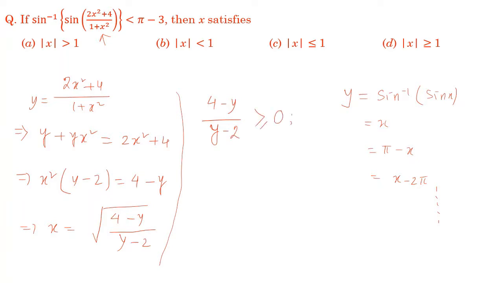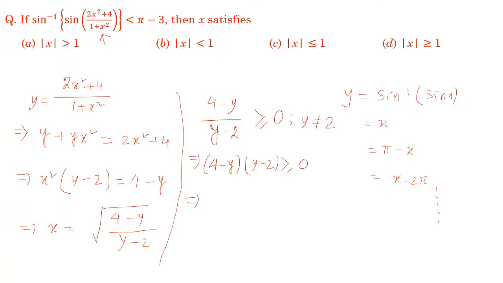Since y minus 2 is the denominator, y cannot be equal to 2 also, because in that case it is infinite. And from here we can write, I can write 4 minus y into y minus 2 is also greater than or equal to 0,